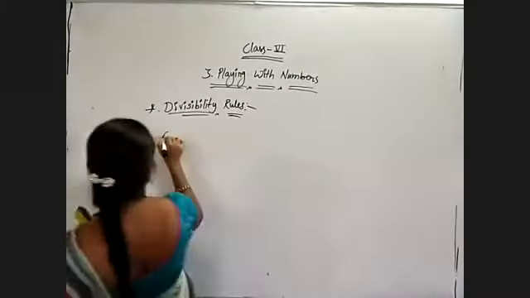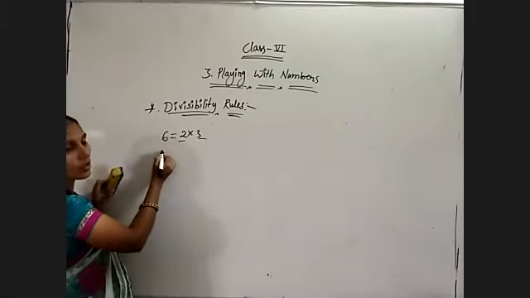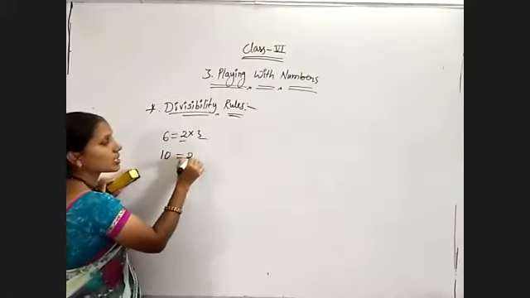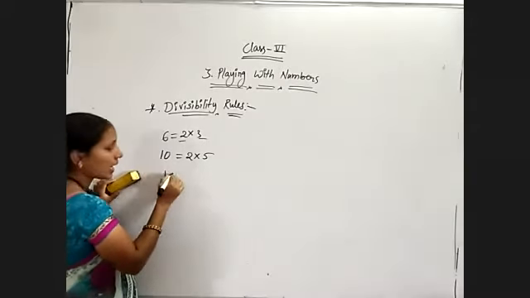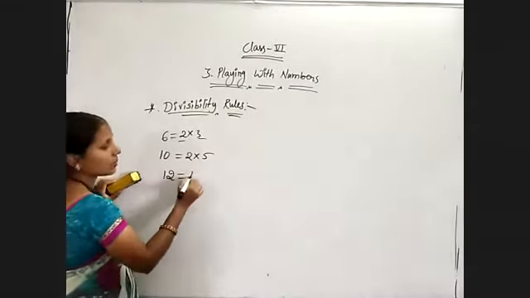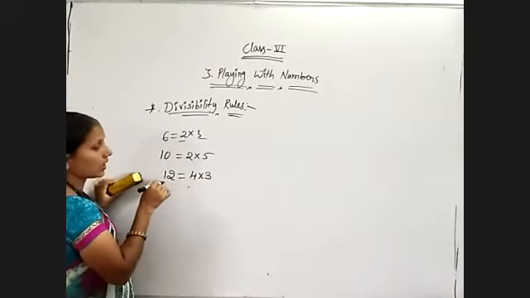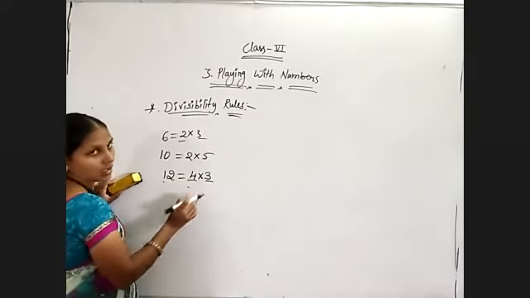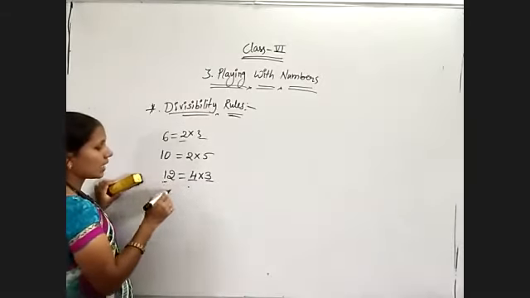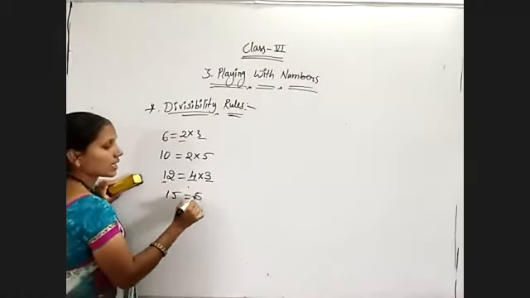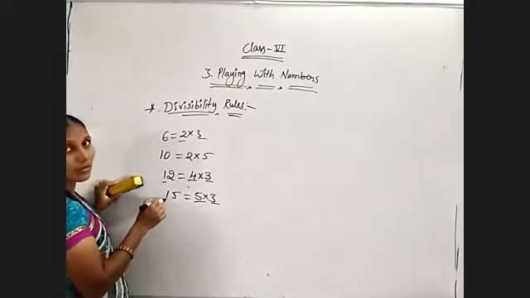For 6, how are we writing? If a number is divisible by both 2 and 3, then only it is divisible by 6, we wrote. And for 10 also, if a number is divisible by both 2 and 5, then it is divisible by 10. Like that only for 12 also. If the number is divisible by both 4 and 3, then only that is divisible by 12. We know the divisibility rule of 4 and 3, so it is easy to decide whether the number is divisible by 12 or not. And 15 also, 5 3s are 15. If a number is divisible by both 5 and 3, then it is also divisible by 15.